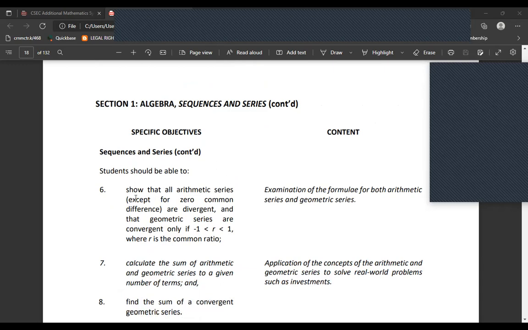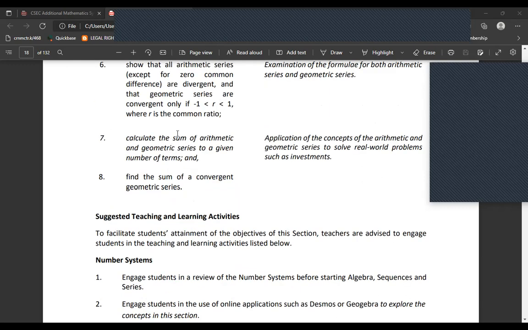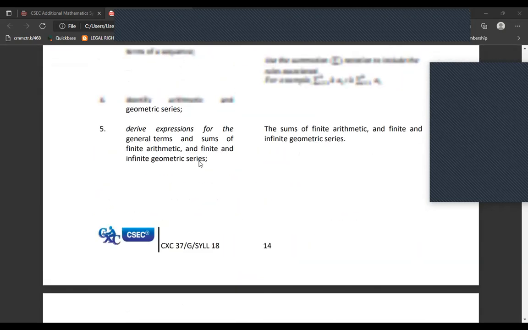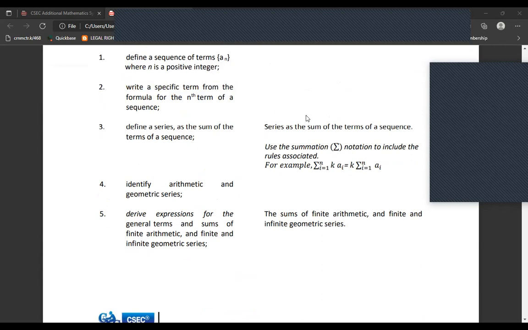Show that all arithmetic series, except for zero common difference, diverge. Calculate the sum of arithmetic and geometric series to a given number of terms and find the sum of a convergent geometric series. So today, I plan to cover most of this, except for this right here, sigma notation, because